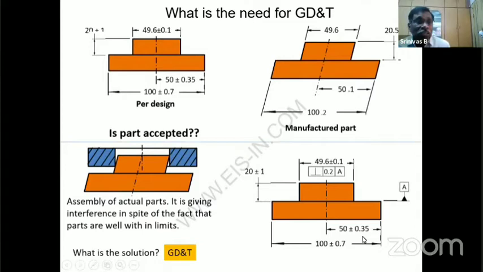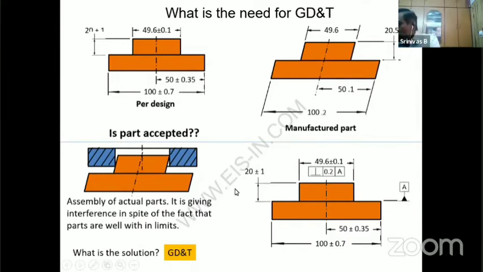We talk many things. It reduces scrap. It gives a clear-cut definition. It gives leaders, followers. There are so many things we say. But the first point why GD&T has come into existence is because of its geometrical constraints. Is it not a geometrical constraint? Yes, it is. I hope you understand the need for GD&T. It is much easier to produce qualified parts.